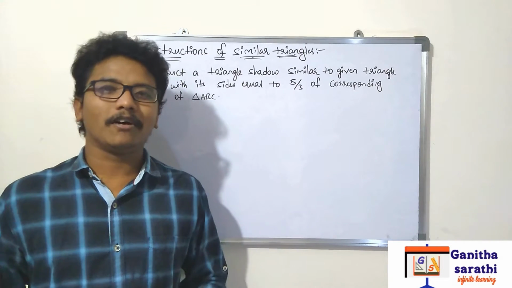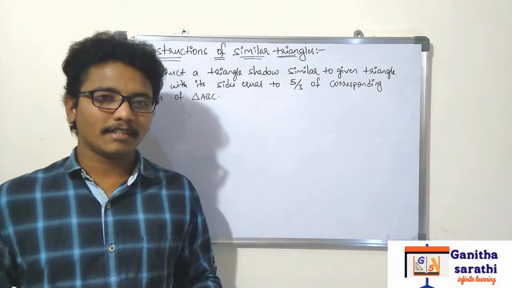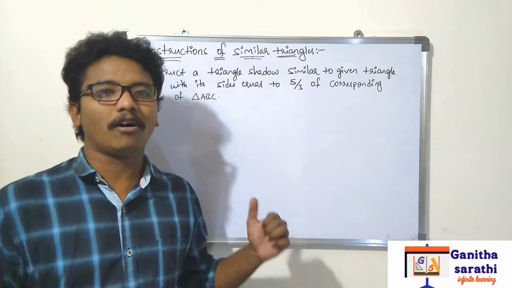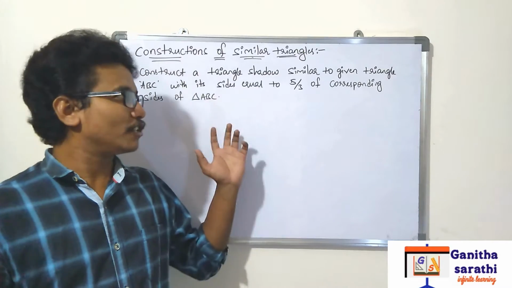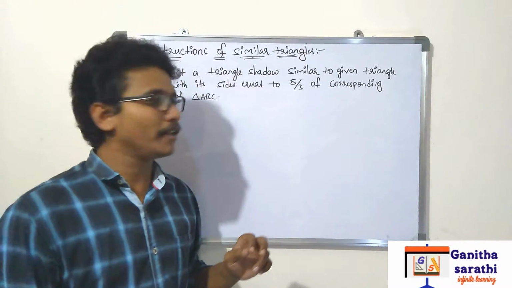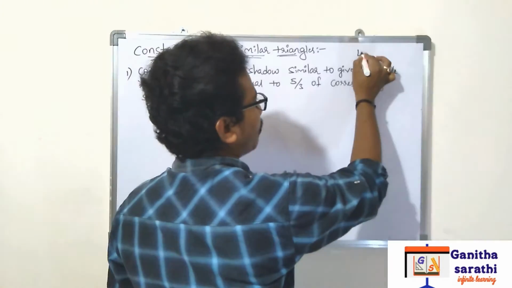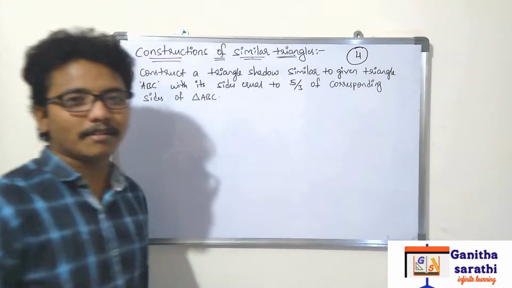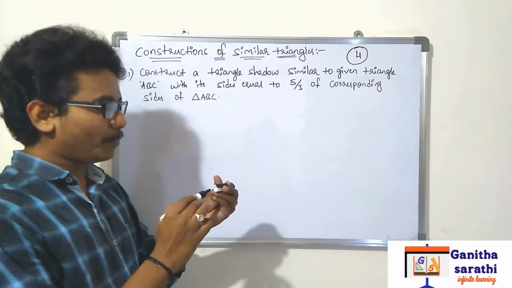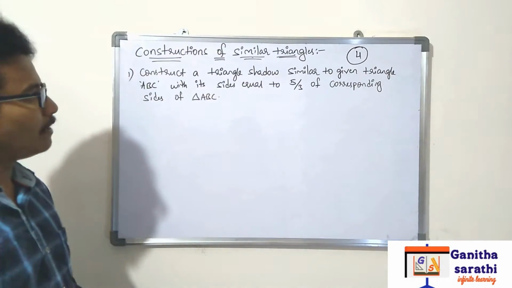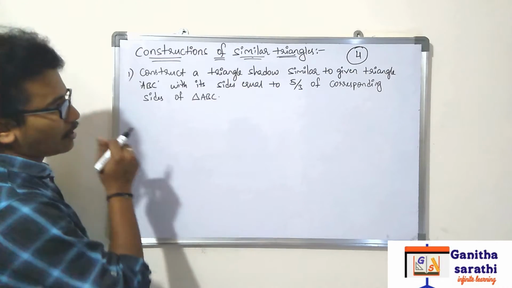In our previous video, we discussed Pythagoras theorem model problems, right? So today we are discussing a most important topic on similar triangles, that is construction of similar triangles. Definitely you will be getting one 4 marks question from the construction of similar triangles. You should not miss that question, and it is very easy to construct a similar triangle. See here, basically, first, listen to the model.